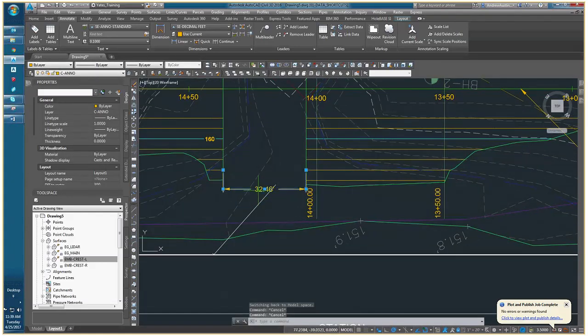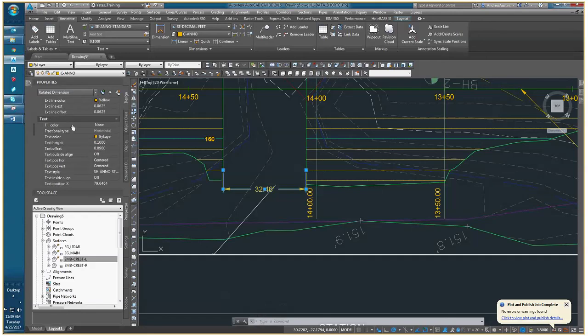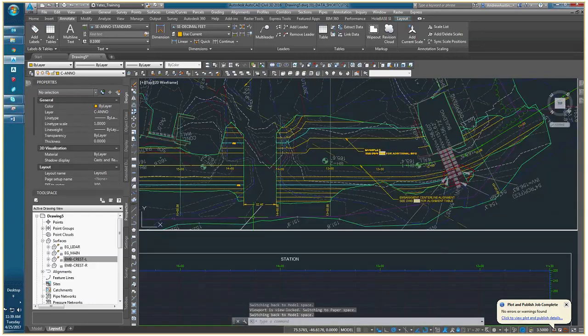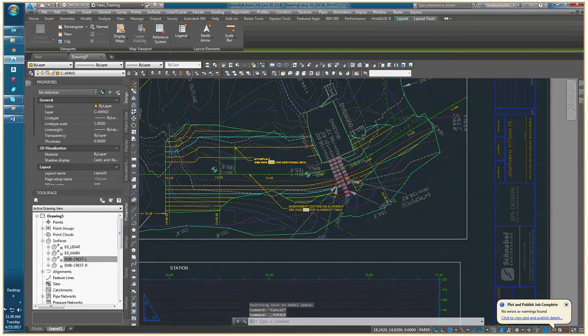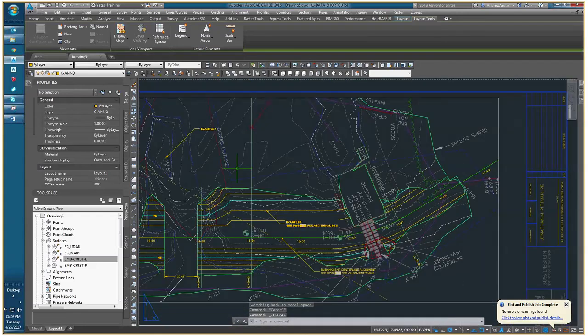And just like with our paperspace annotation objects, we're almost always going to want to use that background mask. Here it's in a different location. It's called fill color for dimensions. We'll go here and select background. Okay, but when it comes to dimensioning structures or other line work within this drawing, using dimensions within